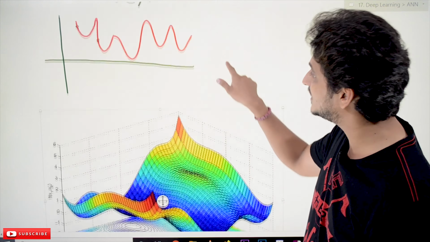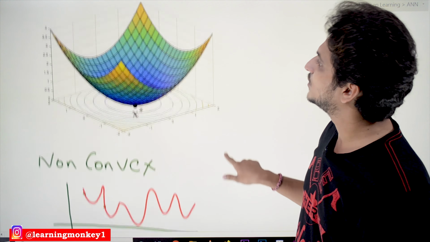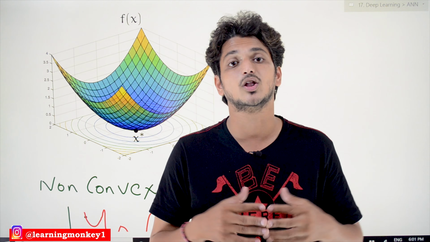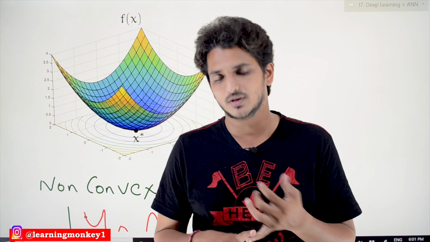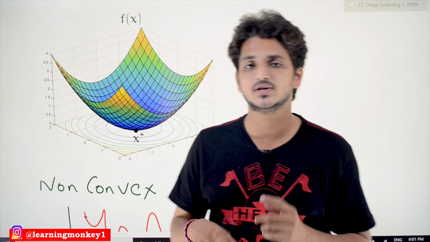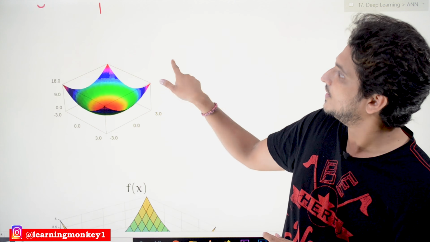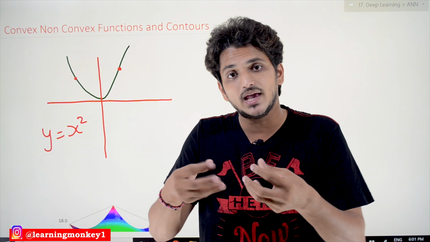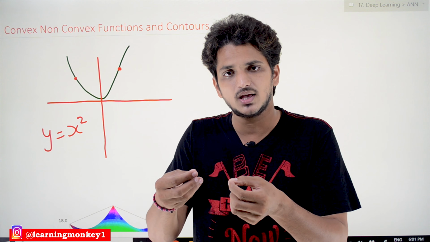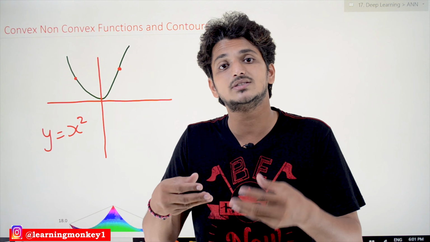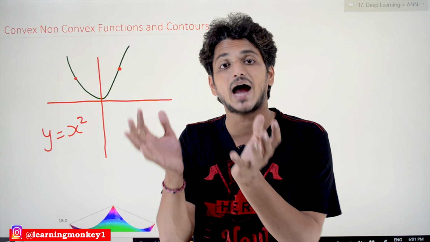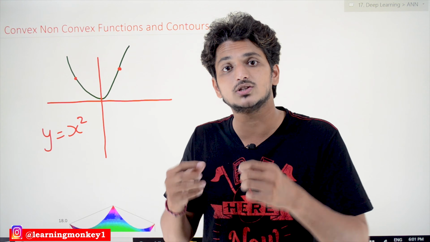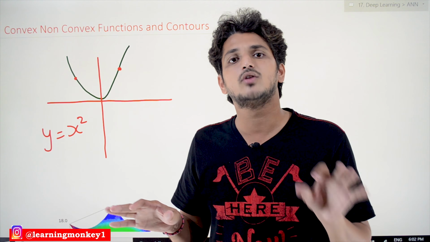Now let's understand how it is related to neural networks. In our previous playlist when we discussed machine learning, the loss functions which we discussed are root mean squared loss and log loss. All these loss functions are convex loss functions, meaning we have only one minimum point. So what we did there, we randomly assigned some weights, W values, and based on the W values we used stochastic gradient descent or gradient descent to identify the minimum point. That is what we have done in our machine learning. The loss functions which we discussed all are convex functions.